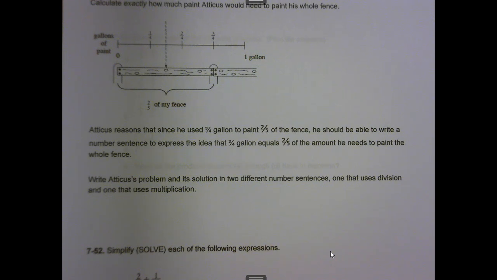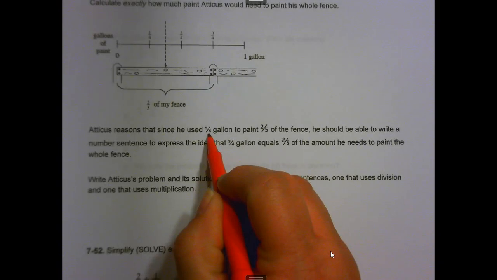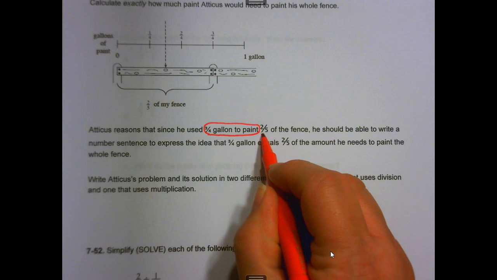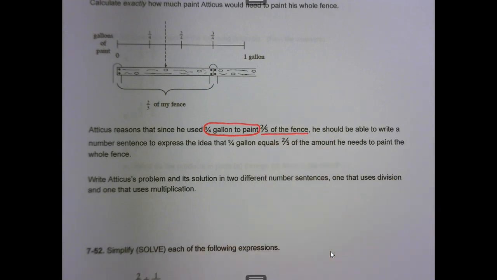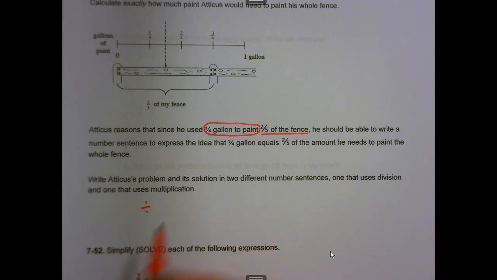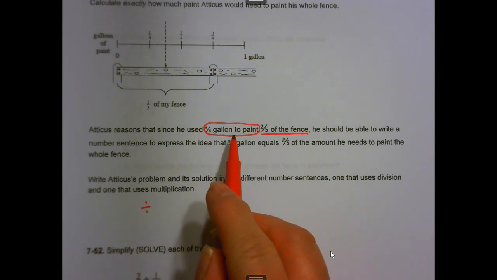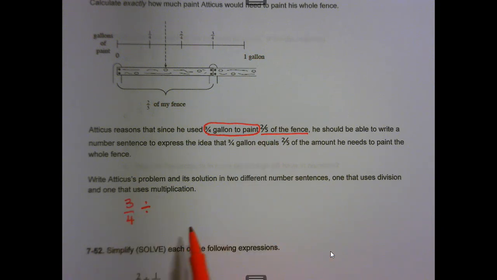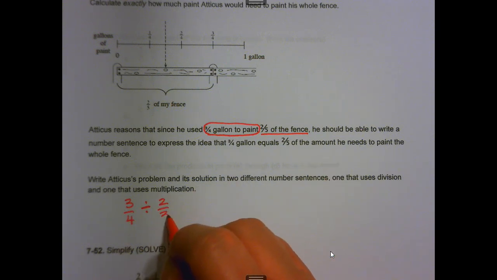So the simplest way to take a look at this is to go back up here, and we're talking about paint, and we're talking about a fence. And we're trying to figure out how much paint per fence. So right there, it tells me that I'm going to divide. And if I'm dividing paint per fence, then the 3/4 comes first. I write my division symbol, and then I take the 2/5 fraction out of the